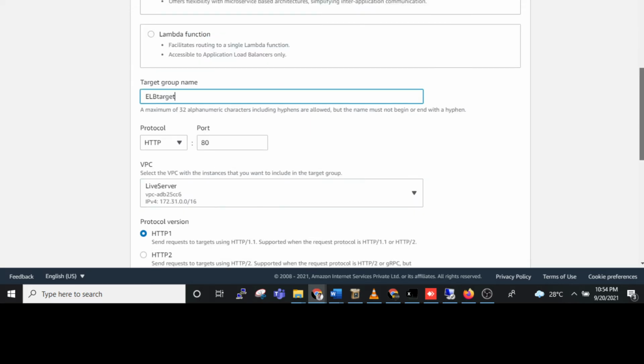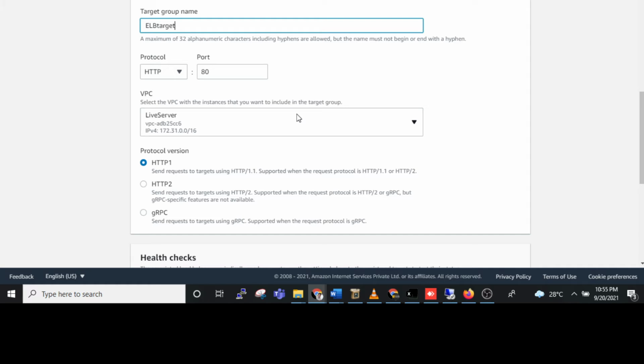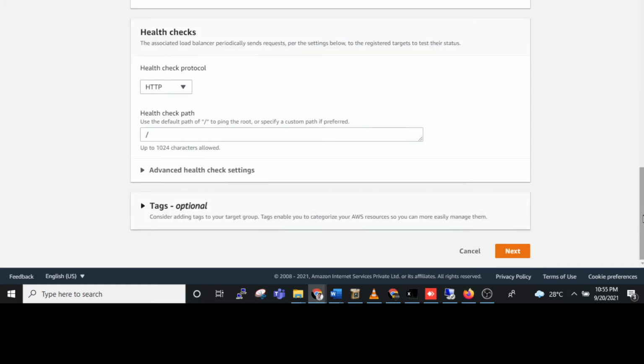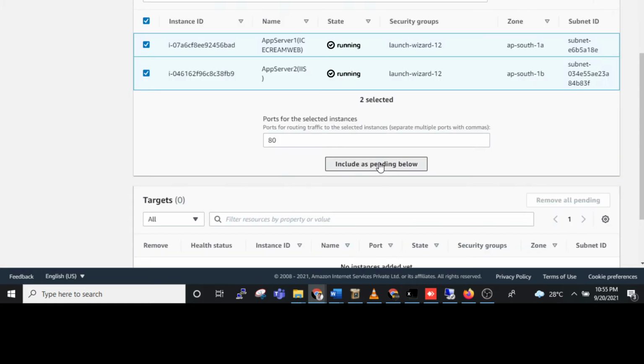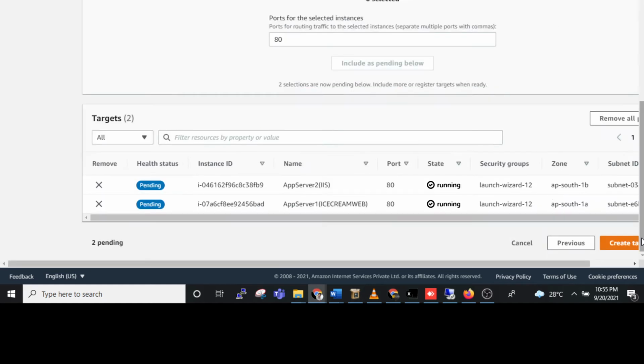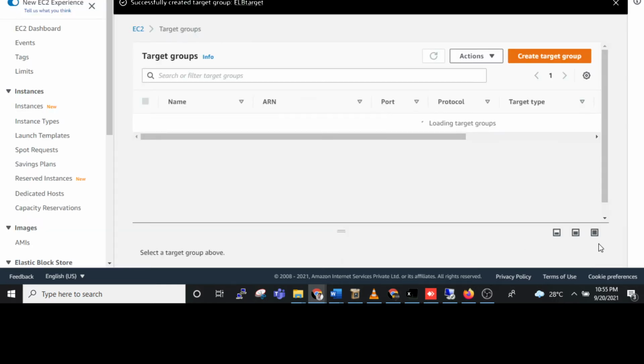HTTP is already there, so we keep it as it is. Then next. Here we can see the two EC2 instances that we need to select, and click on include as pending below. Then we create the target group.